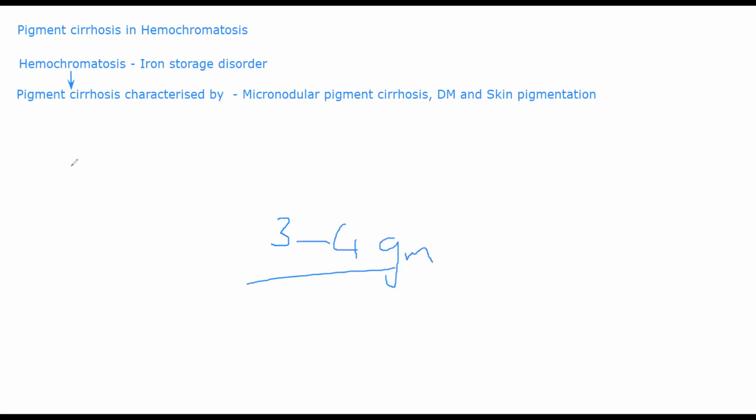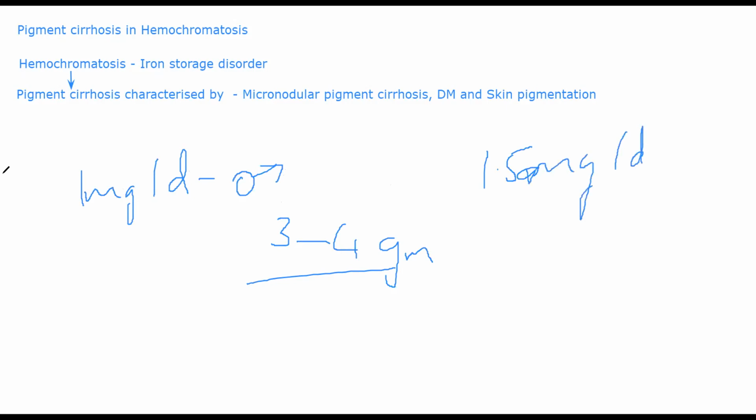So the absorption rate is 1 mg per day in a healthy man, and in a pregnant or menstruating lady it will be 1.5 mg per day. Be careful, this is mg and this is gram. The total amount of iron present in your body is 3 to 4 grams, whereas the amount absorbed back into your body in a healthy individual varies between 1 mg per day and 1.5 mg per day, 1.5 being in a menstruating woman. Exactly the same amount is excreted, so that only this much iron is present in your body constantly, not more than that.